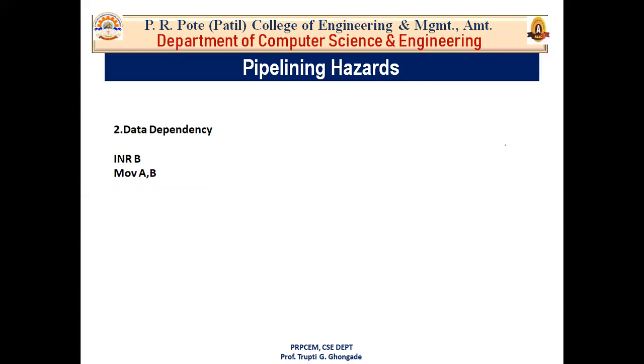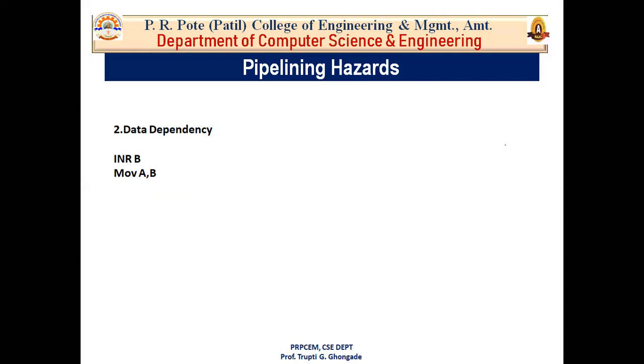So what is data dependency? Now in a two-stage pipeline, this drawback looks very silly, but in deeper pipelines it becomes a very severe drawback. Data dependency in simple language is that the destination of the first instruction should not be the source of the second instruction, or of the next instruction. Okay, what is the definition of data dependency? The destination of the first instruction will not be the source of the second instruction.